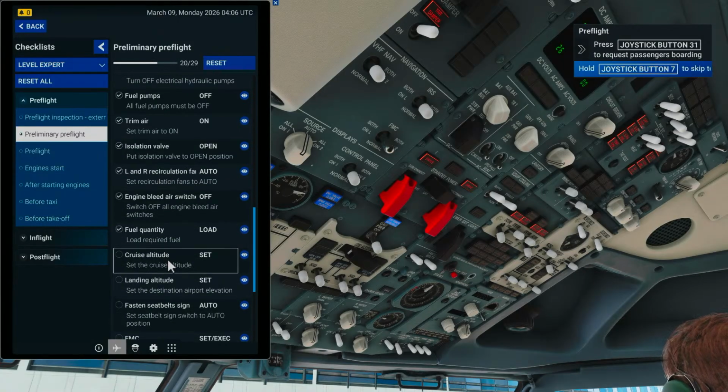Fuel quantity is loaded, so we're going to now set the cruise altitude, which tells the computer how much pressure to push into the cabin. So today it was 38,000 feet. Might change depending on ATC when we get clearance, but at this stage it's 38,000. So that is set. Landing altitude, we don't quite know